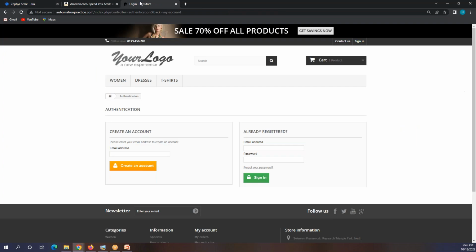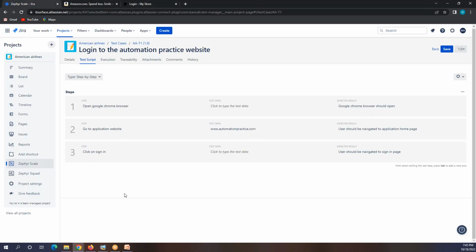Now if I want to do more, insert username, insert password, click on sign in, you can add the steps here one by one. It's the same thing that you did in the Excel sheet, if you remember that. You remember that we have that Excel sheet that you created and wrote the steps there? Yes.